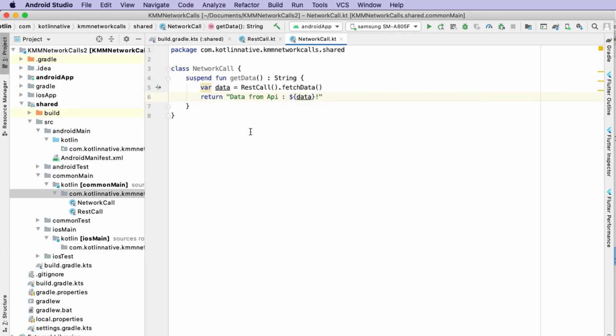So this is our network call class, and we are invoking RESTCall.fetchData, and whatever data we are getting from the API, we are returning it to the caller. So this getData function will be called from the Android app and the iOS app. Now we have to create a UI in Android and a UI in iOS and invoke this getData method.